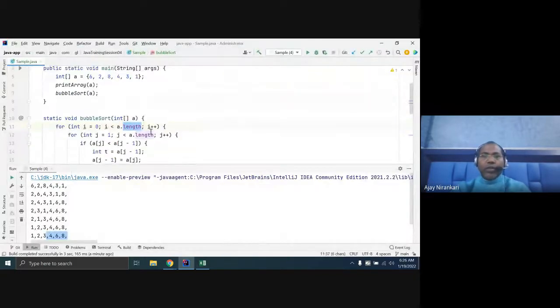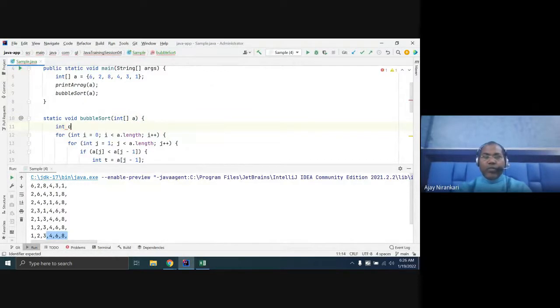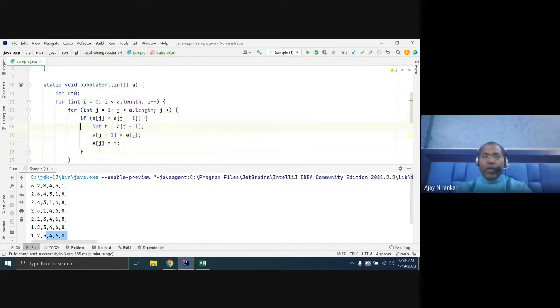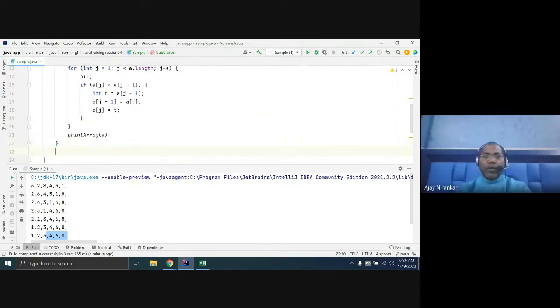Let's print the count. Just check the number of loops you're running. Inside the loop, count plus plus, and after the loop, print the loop count.